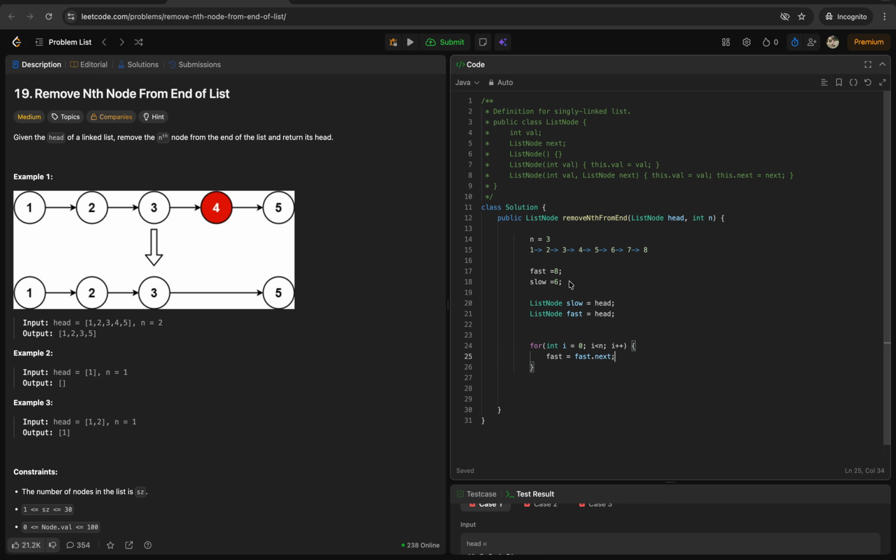What if I move one step ahead, then we'll move together to 3, 4, 5. I think this is a good approach. Let's keep this. And then what we'll do is